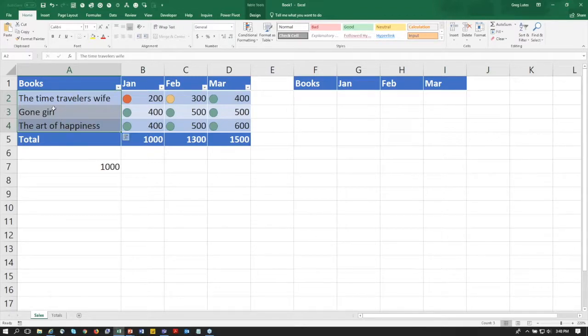So I highlight my list of books, and I click into my name box. So I'm not renaming the table. I am renaming these three cells. I'm using the name box to do that. I click into the name box, and then I call it book list. When you hit your enter key, it's unnerving because it goes away and it feels like it didn't work. But then to use that list,